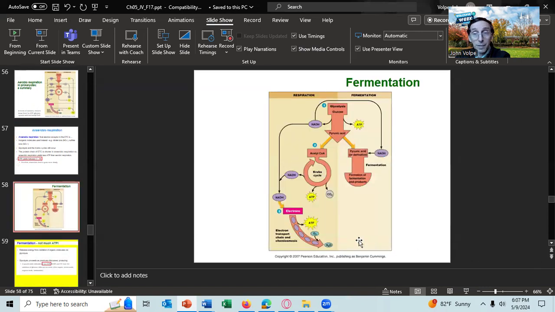So this is comparing respiration, both aerobic respiration and anaerobic respiration, with fermentation. And you'll note that both anaerobic respiration and aerobic respiration do contain glycolysis, shown here, the Krebs cycle, shown here, and the electron transport chain. Fermentation only has glycolysis. And let me go back a minute